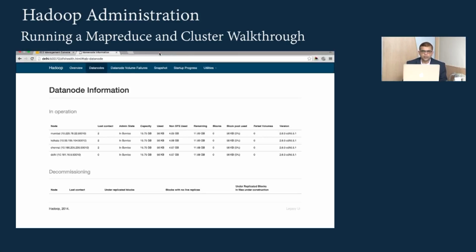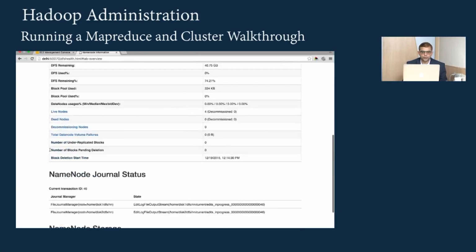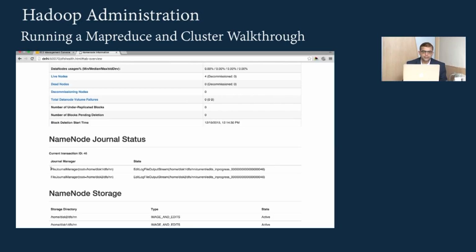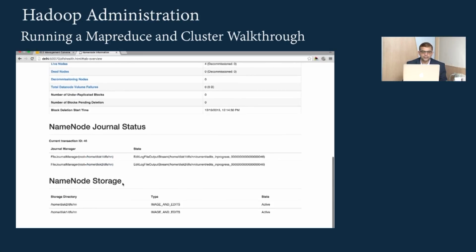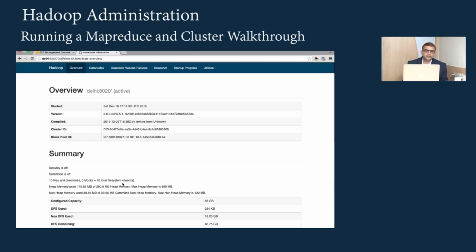Okay, great. We've seen the logs and here we are looking at the entire overview. The next thing we are going to see is that right now the name node data is written on home disk 1 DFS and home disk 2 DFS and this is where the data node is getting written. So this is all about your name node and data node. This testifies the fact that your HDFS, that's name node, data node and secondary name node, is perfectly up and running. It's now time to go and look at the YARN services.